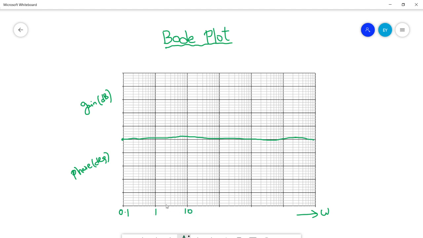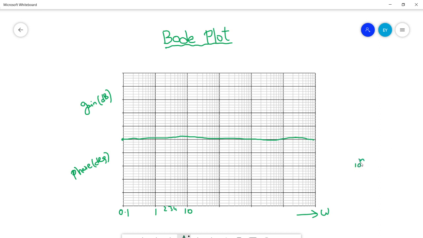Between 1 and 10, there will be 10 lines actually, 5 horizontal lines and 10 vertical lines. Each vertical line is considered as 1 radian here. So between 0 and 10, this will be 2 radians, this will be 3 radians, 4 and so on. Once you come to 10 radians per second, the next dark line tells you 10 power n, where n goes from 1 to n.